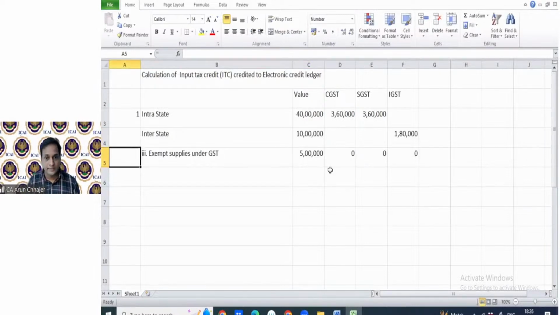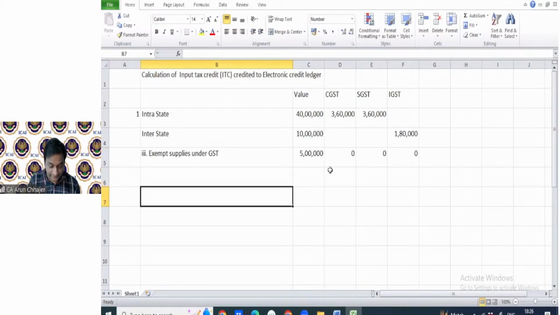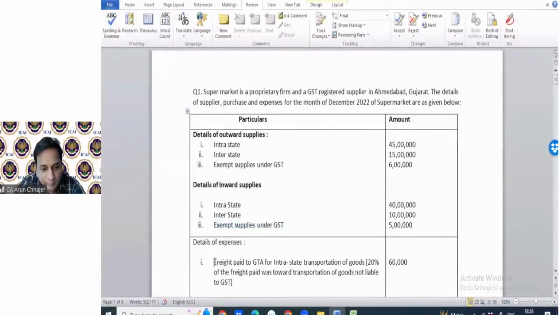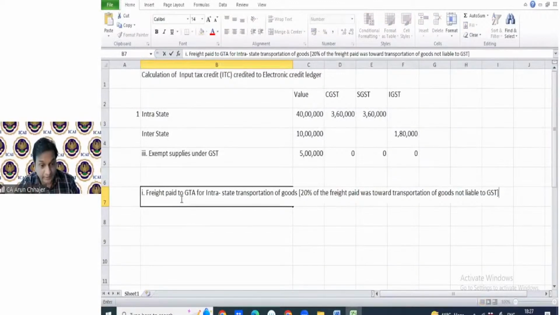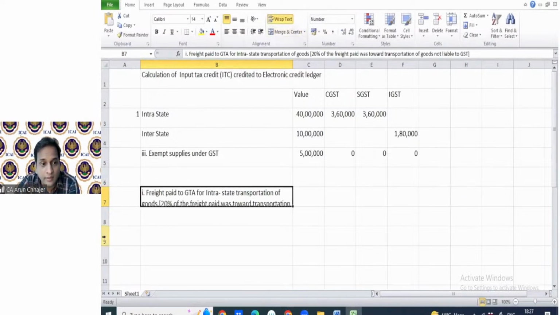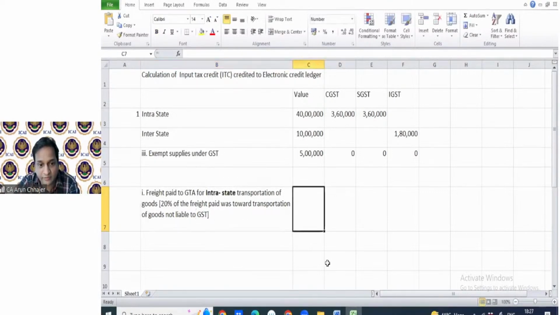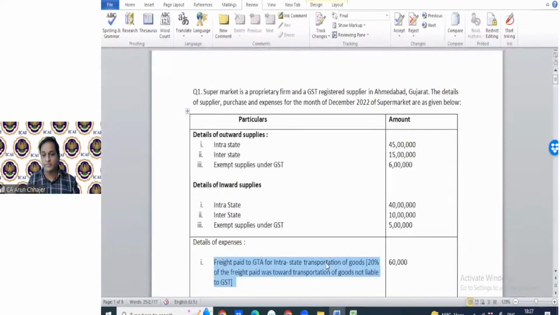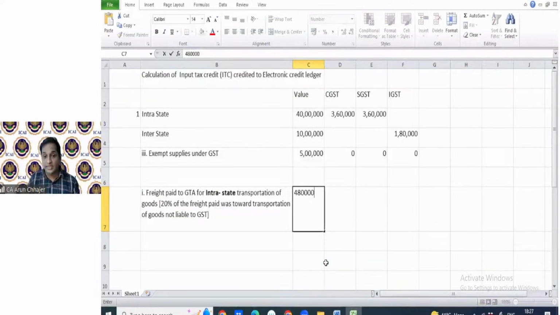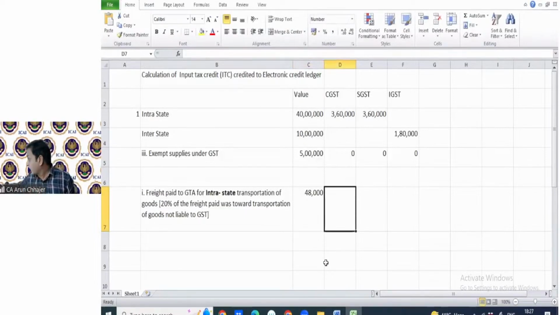Now these are my inward supplies, and then I have freight paid to the GTA for intrastate transportation of goods. Now please note here, first point is intra-state transportation of goods. 20% of the freight is towards that, which we have already discussed. What is the total value? 60,000. So I can say 48,000 is the value I need intra-state. So I will pay